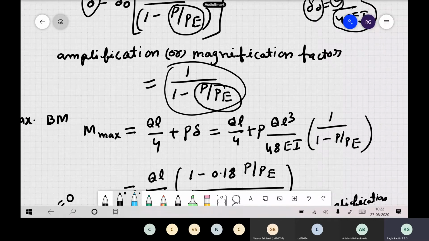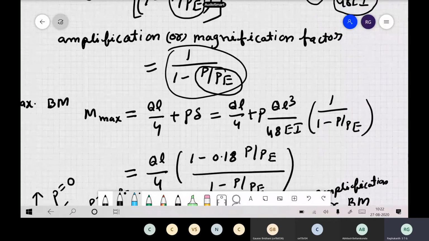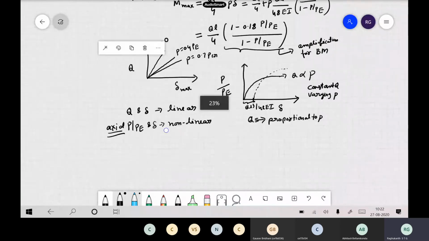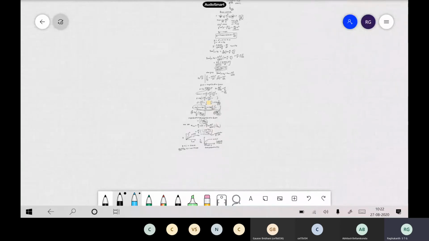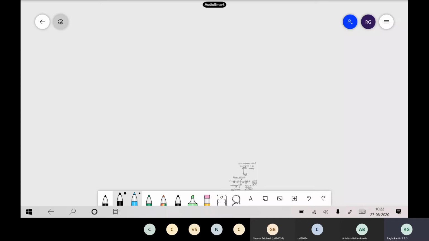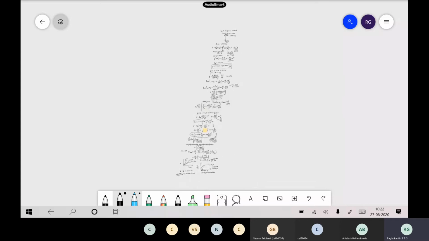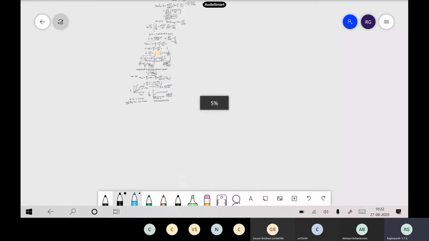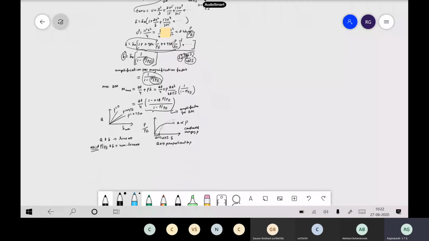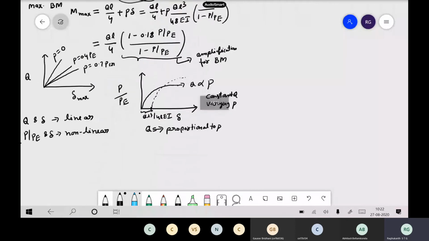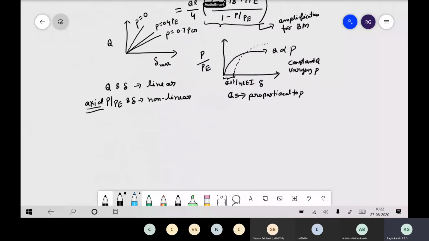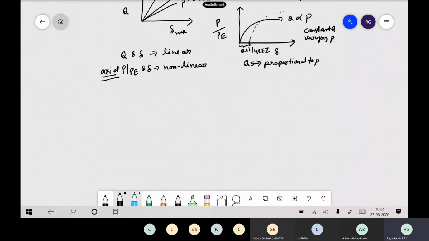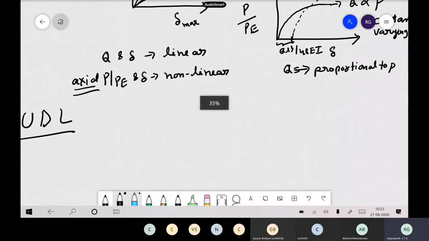So in this way you can find out for any type of load, like varying load, UDL, laterally distributed loads, everything. You can find out for a variety of these cases. Now suppose you have a laterally distributed lateral load, that is a UDL. This also you can derive, the procedure is all the same.